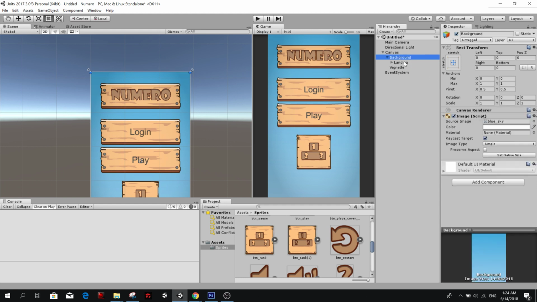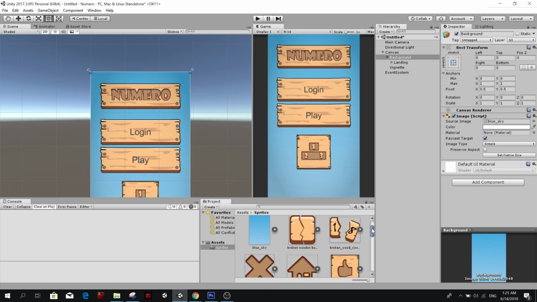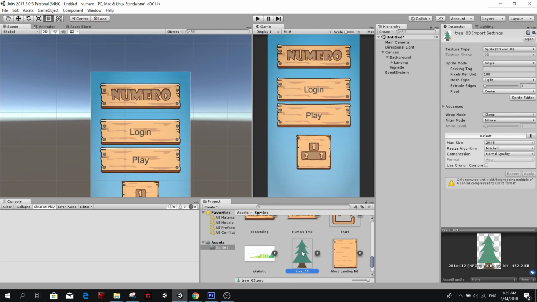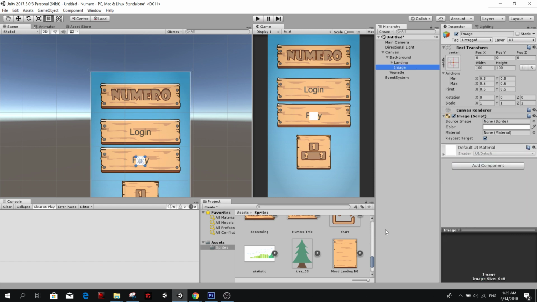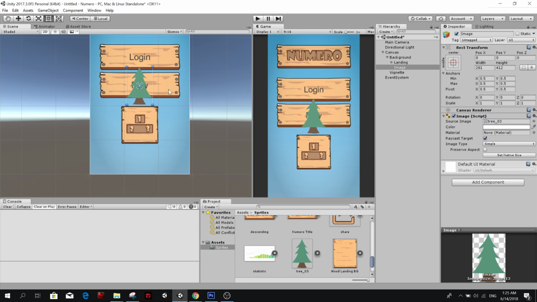In the background, we're still going to have background stuff. So for example, the trees, I have some trees. So here, this tree. I'm going to create some trees in the background. If you didn't know, you can press this button, set native size, and it will increase the size of your sprite to match the original size.